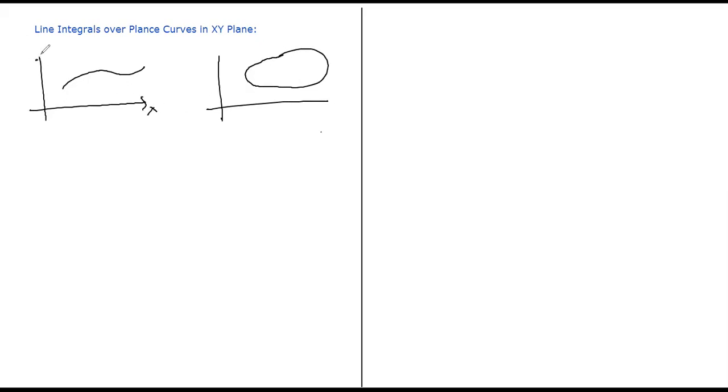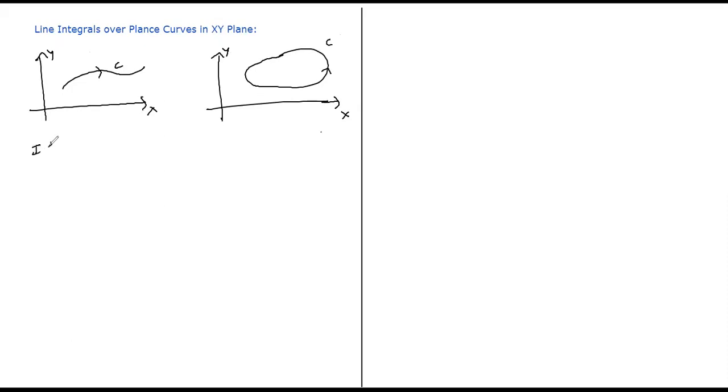Plane, if you have a curve in the xy plane, it can be an open curve or it can be a closed curve. Whatever the curve may be, always give it an orientation. So whether it is an open curve or closed curve, if it is lying on the xy plane, what is the property of the xy plane?